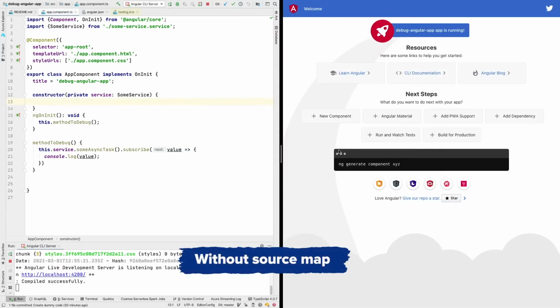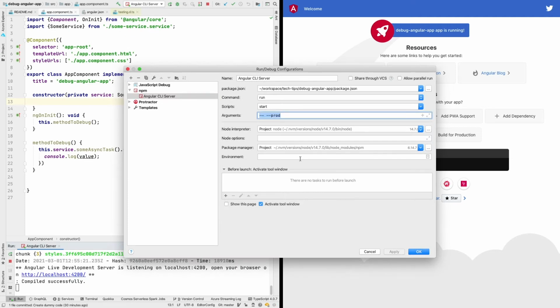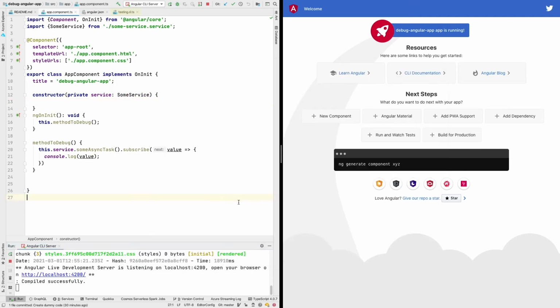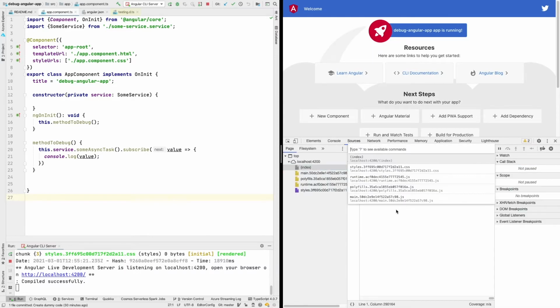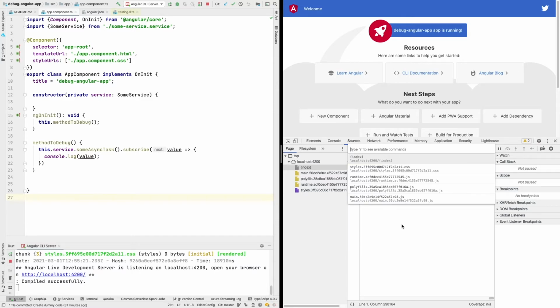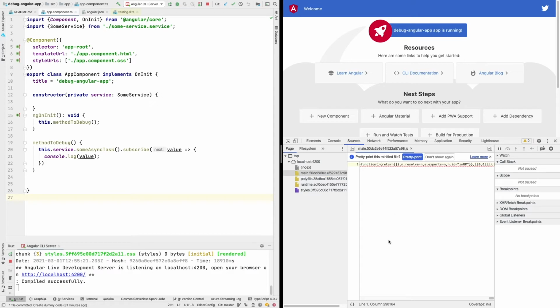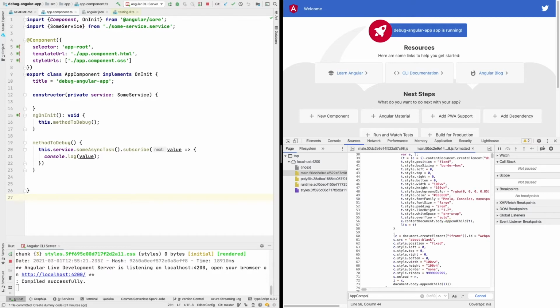In the next example, let's imagine you don't have the source map. For example, you're in production mode on a server or somewhere where you don't have the source map. If you open the console dev, you won't be able to search for the app component file. And if you go in the main.js file, let's prettify it, and you're searching for the app component, you won't find it either because Webpack has changed the name of the classes and the name of the variables to minify